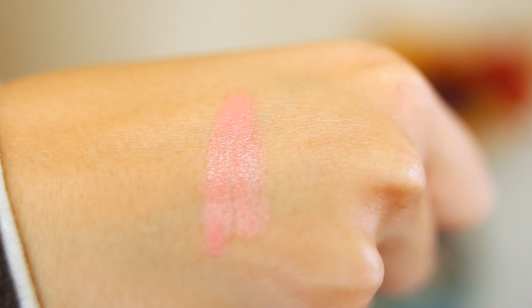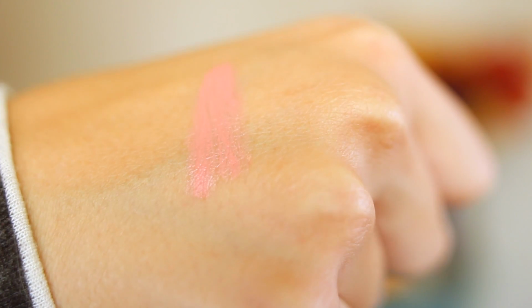I really love this color because it's the perfect everyday natural color. It's a peachy nude, and it's one of the lipsticks that I have been keeping in my bag at all times. Whenever I switch out my bags, I usually put new lip products in, but this is one that just goes from bag to bag to bag because I'm like, I need Meg with me at all times. For nail polish, I have OPI's My Favorite Ornament, which is part of their holiday collection, and I'm wearing this on my nails now,